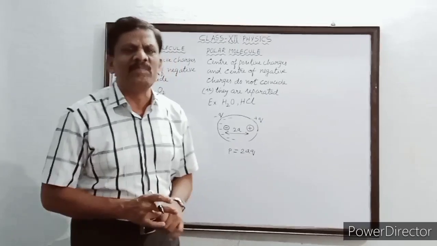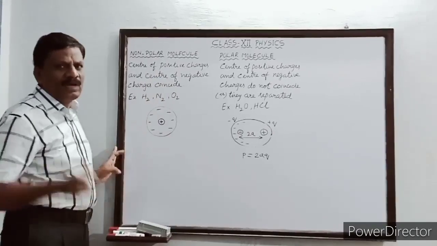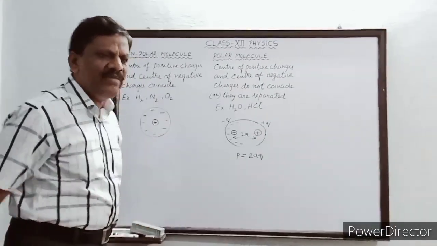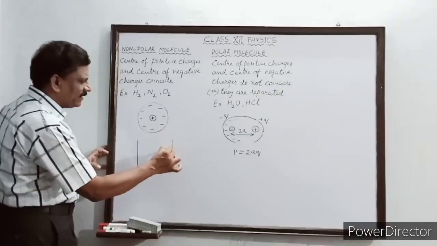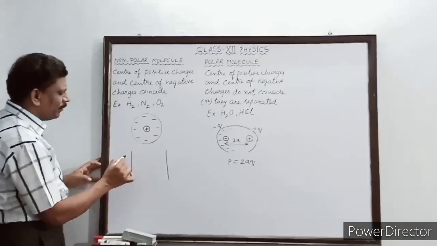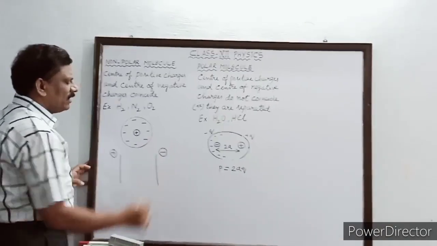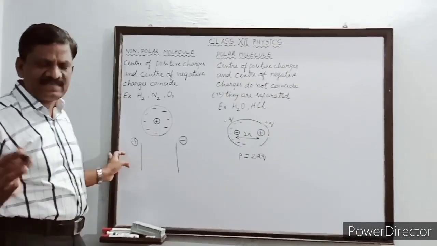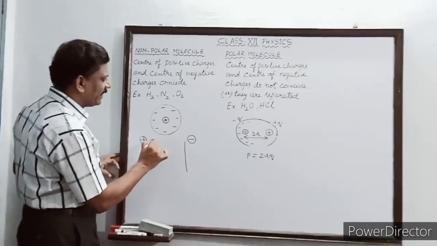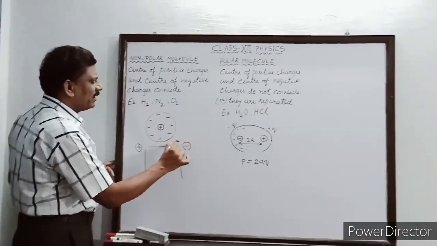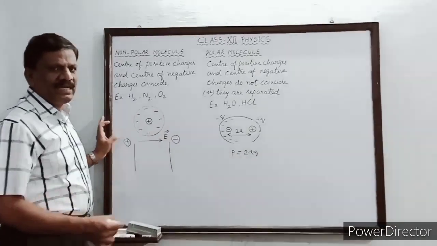Now another very interesting point I am going to tell you. What will happen if this non-polar molecule is kept inside a uniform electric field? So now I will consider two metal plates, okay, and one is connected to the positive and the other one is connected to the negative of a potential difference or a battery, let us say. And inside this, see, there is an electric field along this direction. Okay, from the positive plate towards the negative plate, there is a uniform electric field.